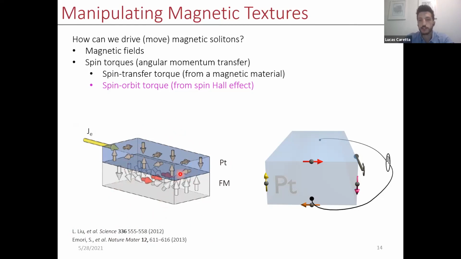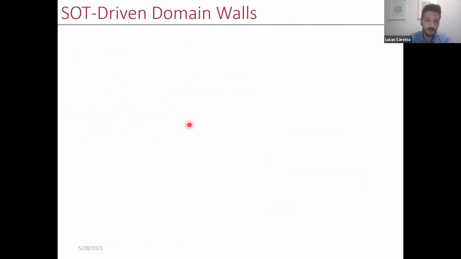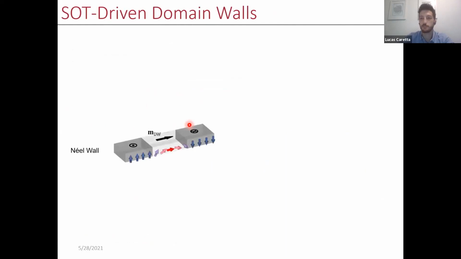One thing I've been glossing over is actually that the type of domain wall matters. So you can't just drive any type of domain wall with a spin orbit torque. You need a special kind of domain wall. And domain walls can come in many different flavors. In the material systems we're talking about, they mainly come in two flavors or two types. So in perpendicularly magnetized systems, you can get one of two types of domain walls.